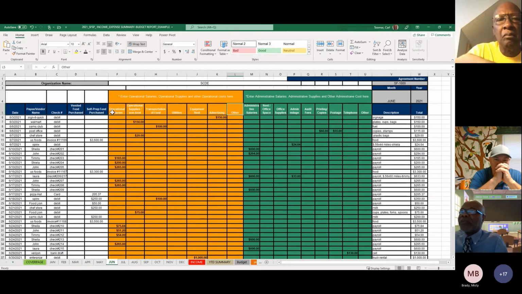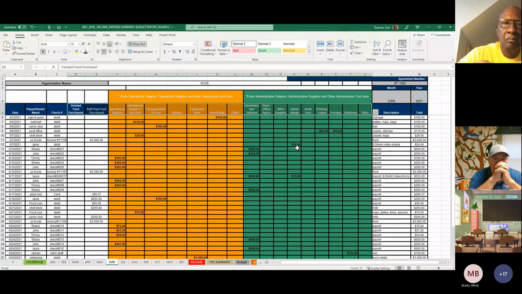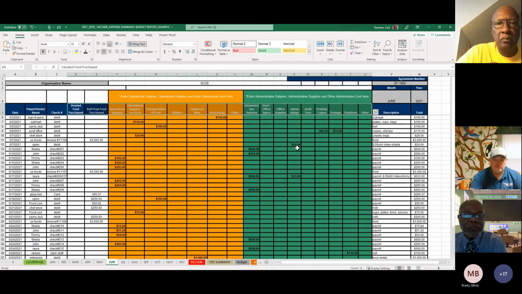These line items here, where we have your food purchases throughout your operation and administrative costs, you want to have that mirror exactly what your program expenses are, and you will get that information from your budget that you upload into your sponsor application.